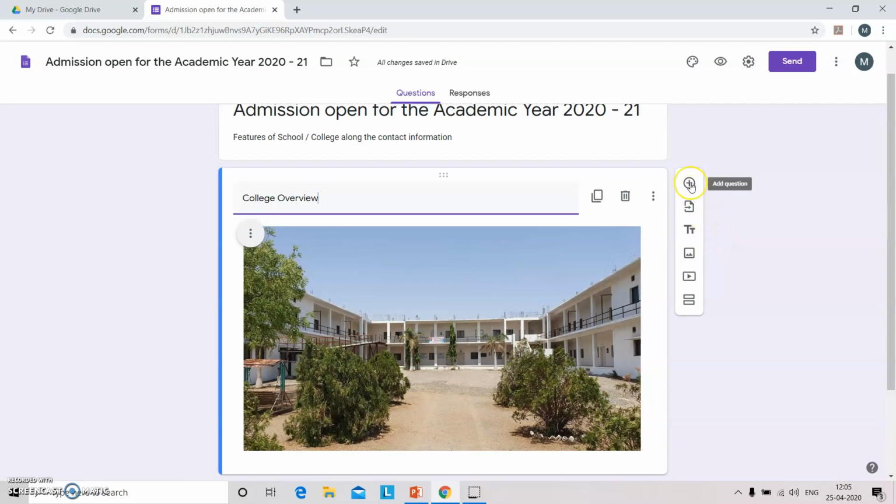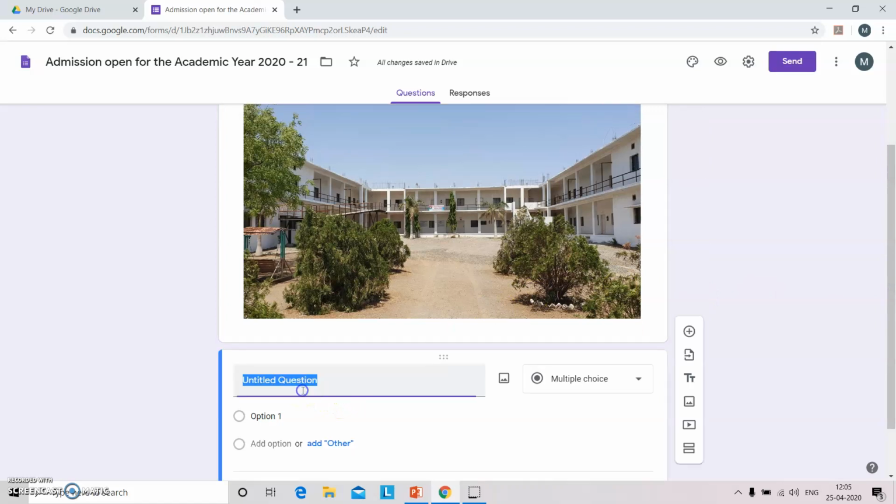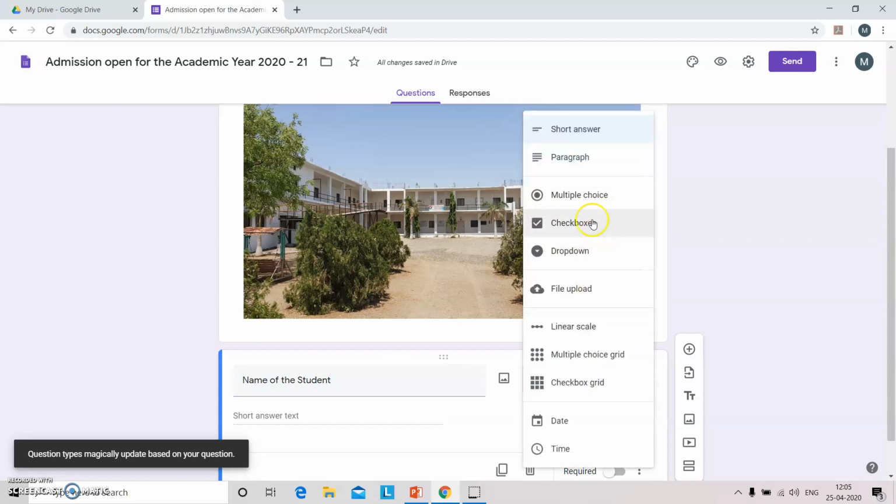On the right hand side, you can see the add question option, where you can add the question. Here, the next slide has been generated where you can type a question. We will type name of the student. There are various options: short answer, paragraph, multiple choice.